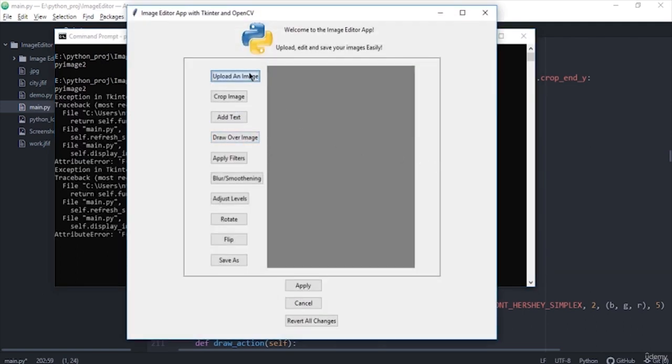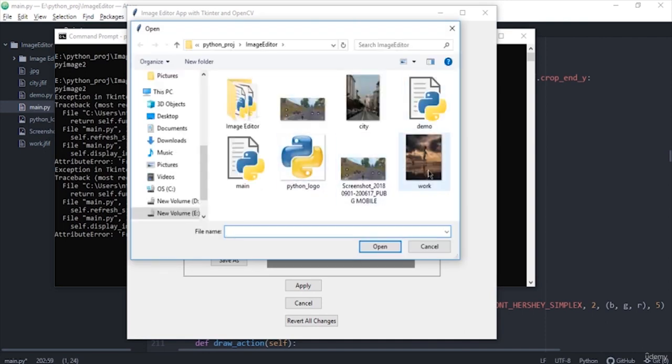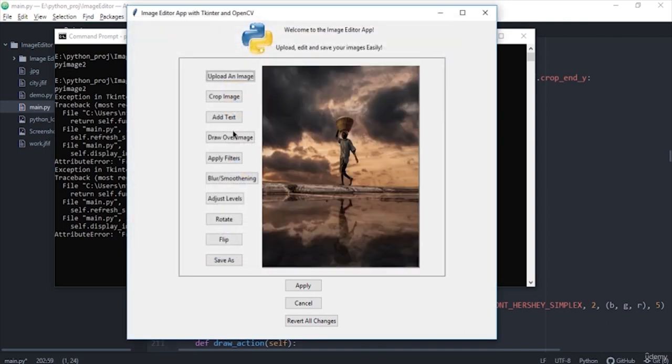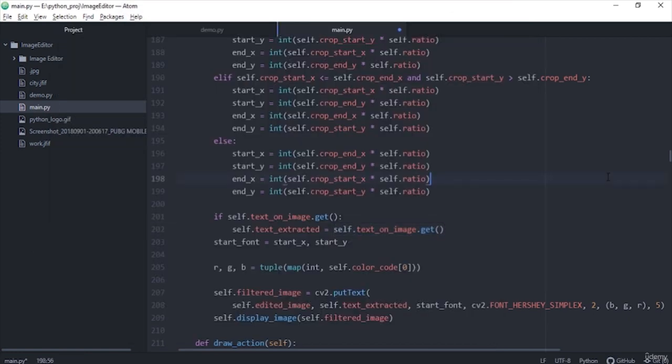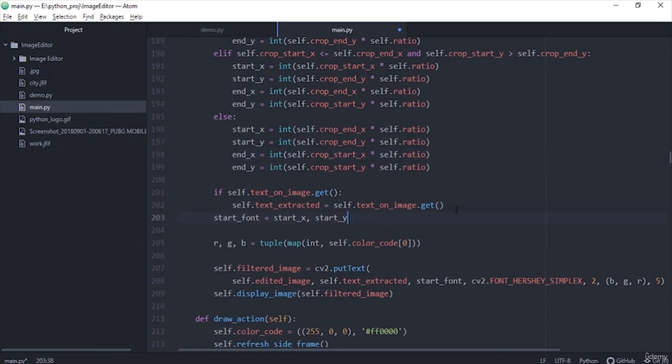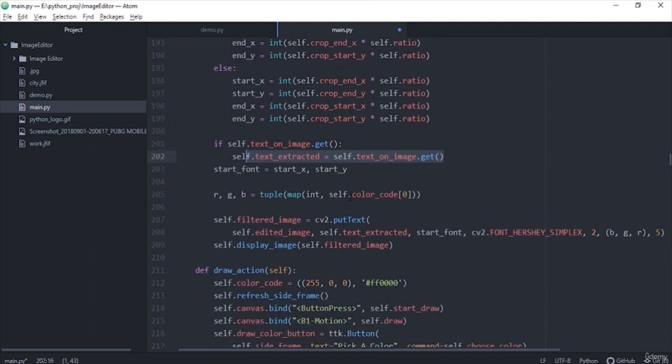So I'm just getting, let me add an image. I'm just getting the text I entered and also the color. So in this value, I'm just going to get the color code of whatever color is selected. And what I'm doing is, this returns some float value of RGB, but I wanted it to be int, so I'm using a map function. So if I print